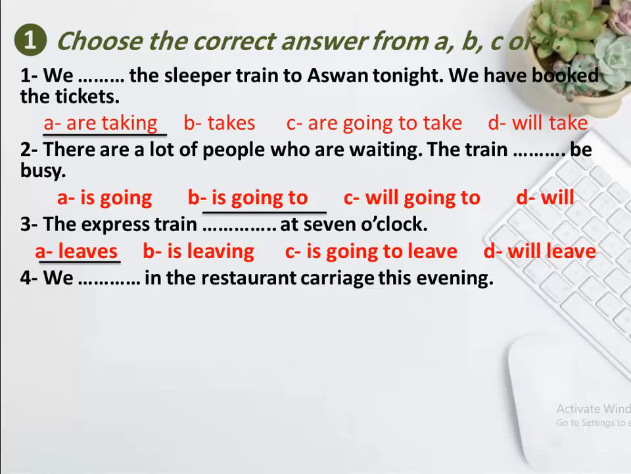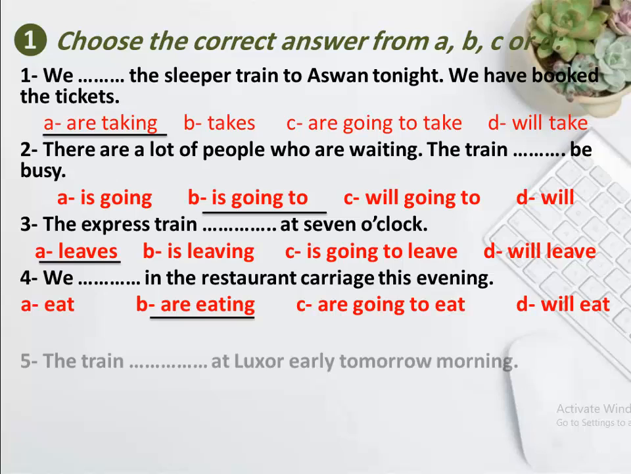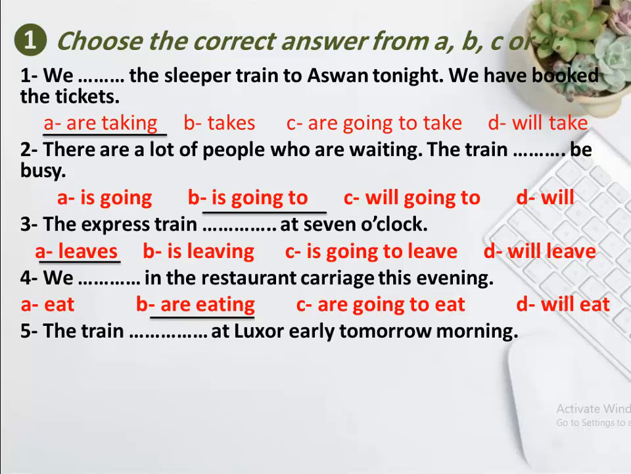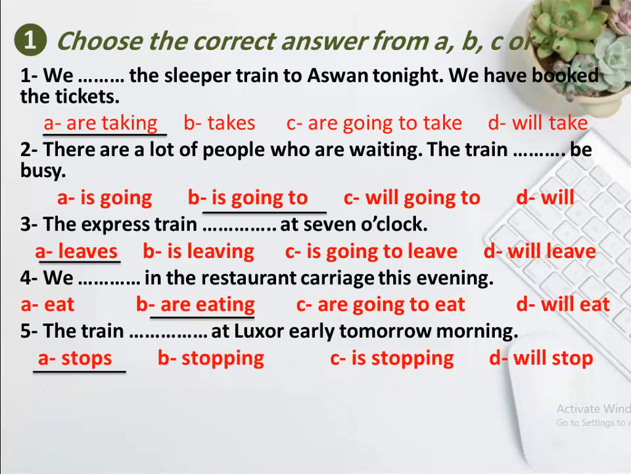Number 4: We ___ in the restaurant carriage this evening: eat, are eating, are going to eat, will eat. This evening means we arranged that, so we are eating. Number 5: The train ___ at Luxor early tomorrow morning: stops, stopping, is stopping, will stop. The train stops. This is a